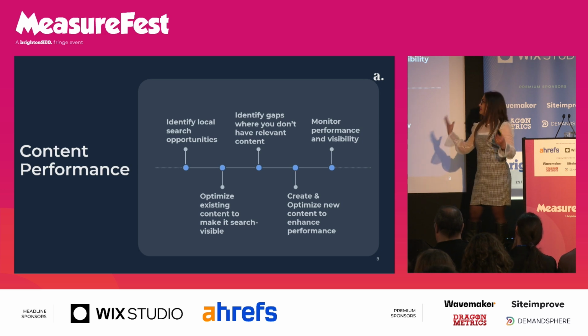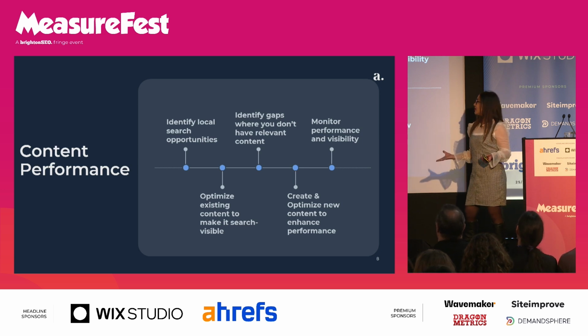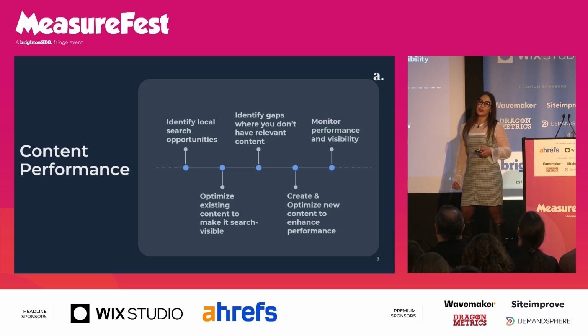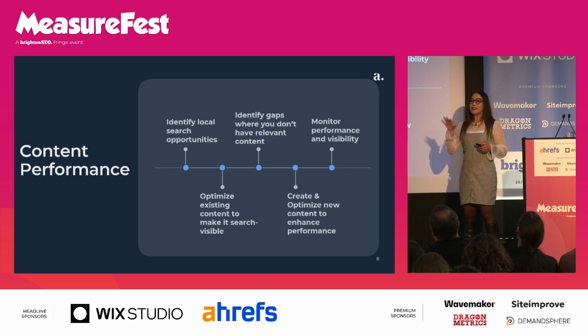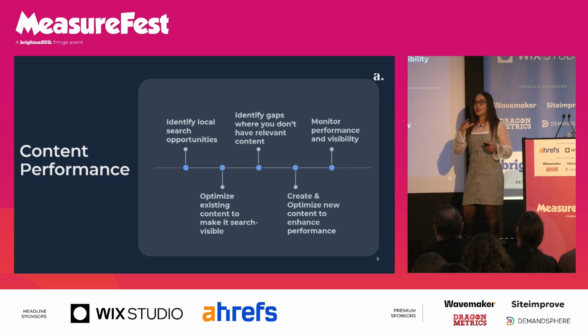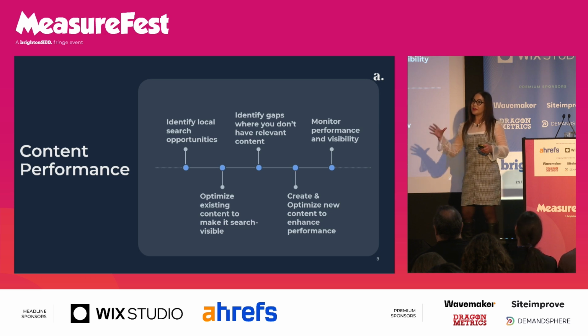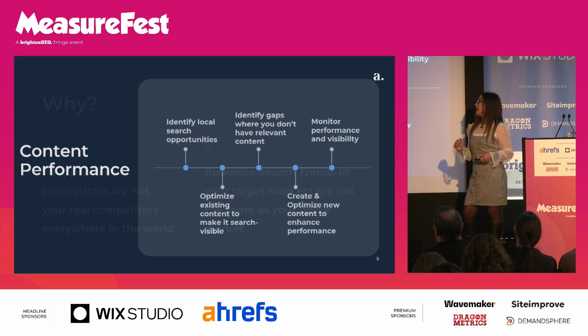So we end up with this: you identifying your local opportunities, you're optimizing existing content for those opportunities, of course, and then you identify any gaps that you need to fill, that your competitors are ranking for and you're not, and you move on to creating optimized new content if needed. And of course, you need to measure all of this. And this picture could look different in each market, because you cannot just replicate whatever worked in the home market and hope for the best. Each market is different, search trends are different, competition is different, and the search landscape is also different.